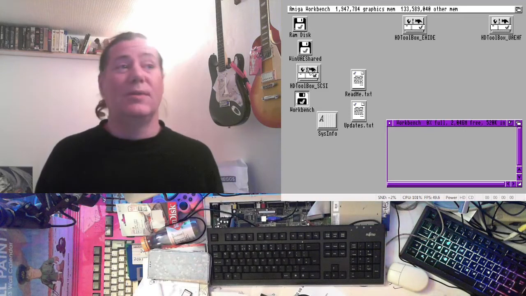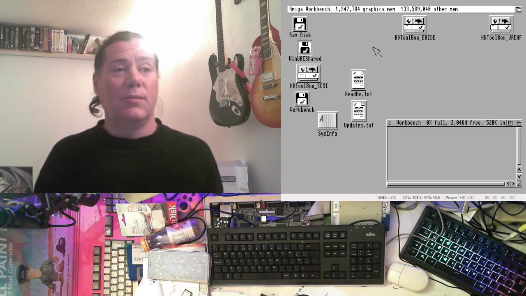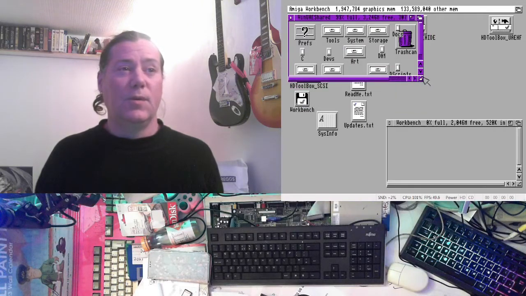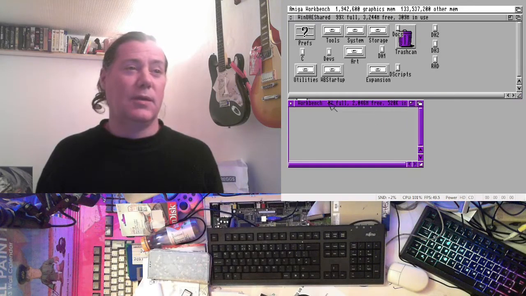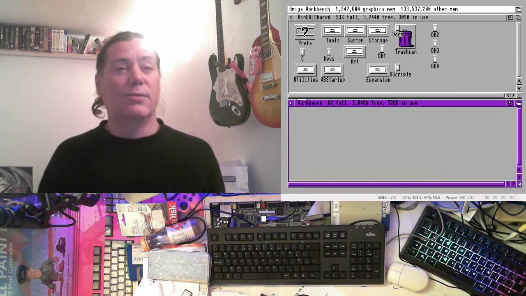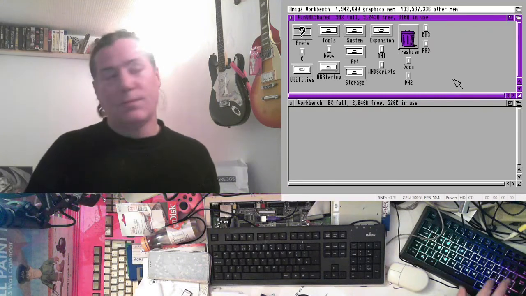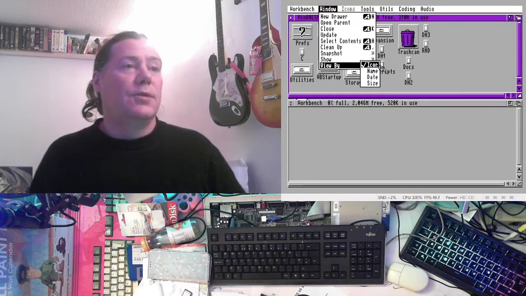So what we're going to do now is copy most of the contents of the WinUAE shared folder into the Workbench folder, and we're going to do this from Workbench without doing anything else, nothing special. And there's a reason we're going to do it this way. So I'm going to go show all files,